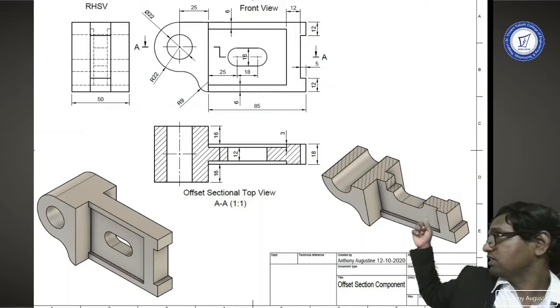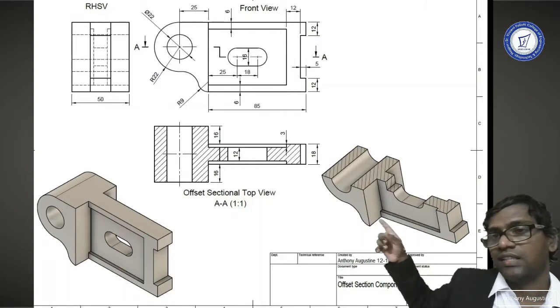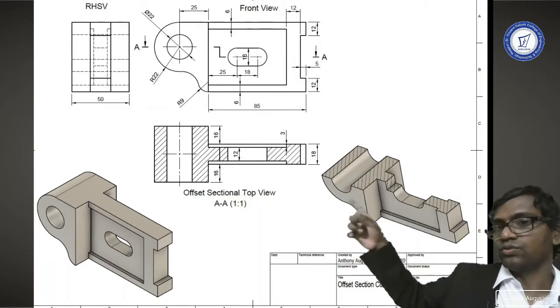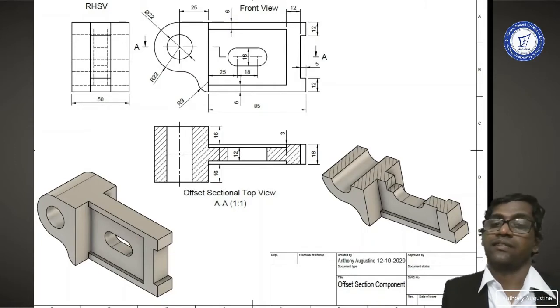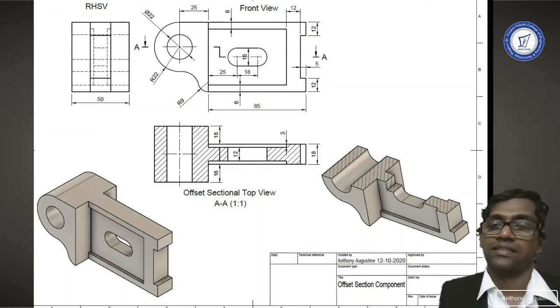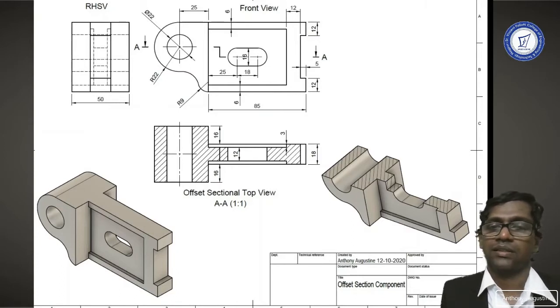The point at which the offset cutting is done has to be represented on the orthographic view by a vertical line.